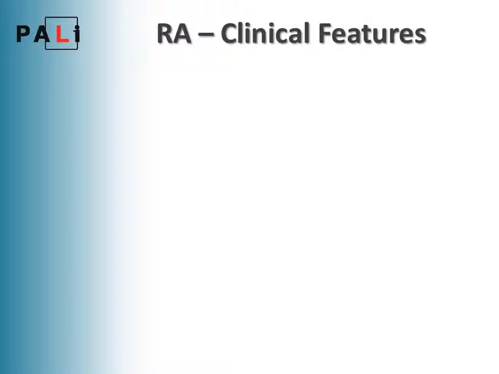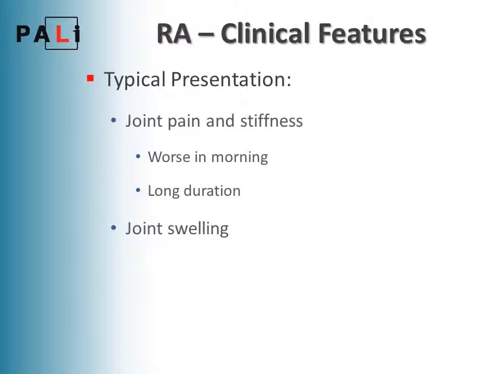When taking a history and examining a patient with rheumatoid arthritis, the general presentation is joint pain and stiffness, particularly in the mornings. It can generally last at least half an hour, usually well over an hour. And it just takes a significant amount of time for these patients to be able to actually use their joints at all. There's often joint swelling, and when you feel these joints, they feel boggy and warm